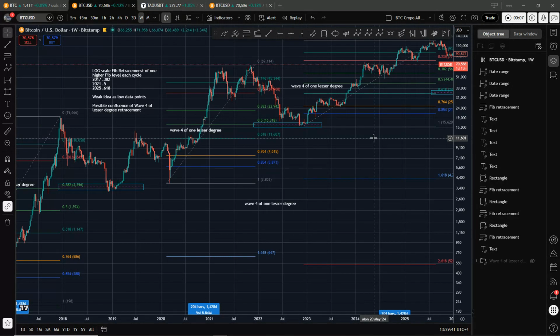I have adjusted the mic volume, it should sound a little bit louder, hopefully clearer. I am going to look today at possible bear market low ideas in terms of price as well as time, using the Bitcoin US dollar 1 week Bitstamp chart, logarithmic scale. I will start